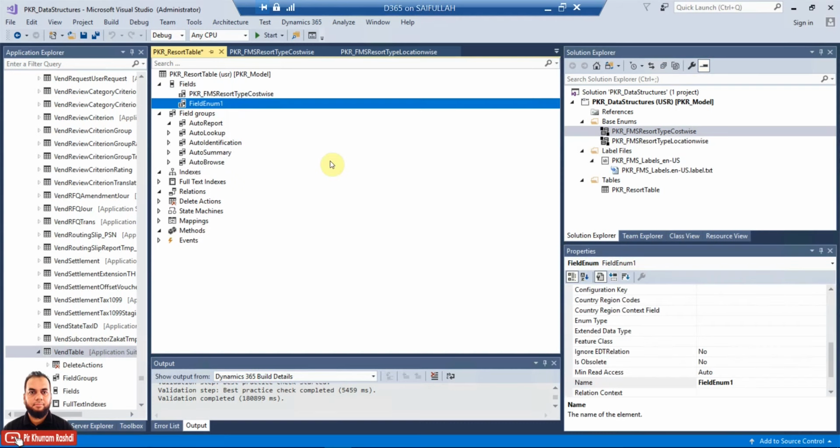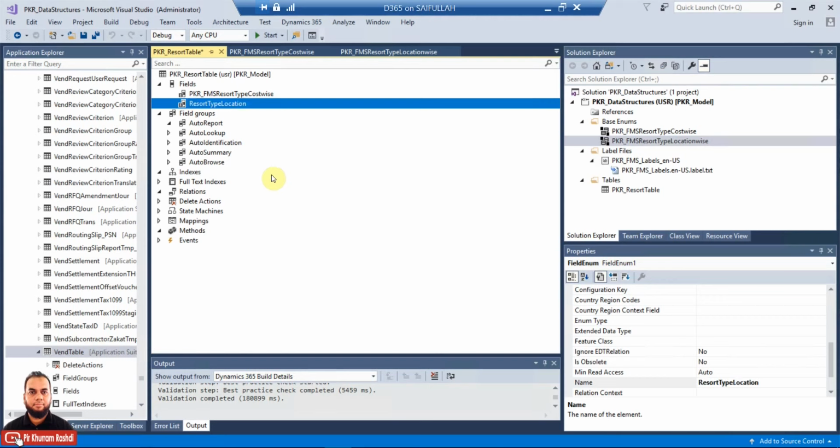So we'll create another field for the location wise enum value, and here what we can do is rename this field to resort type location.